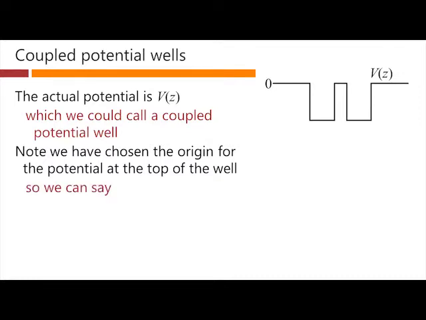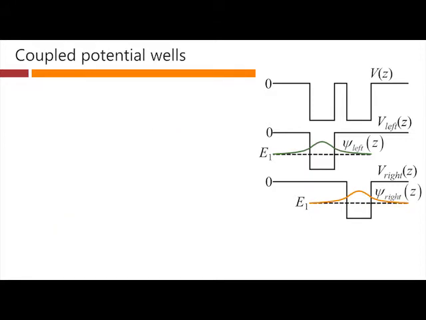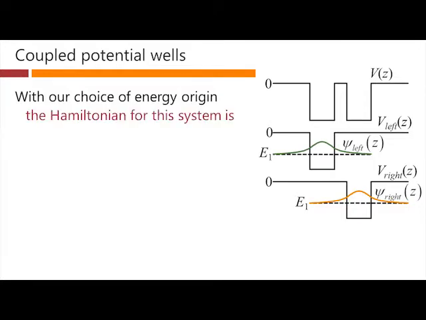So now, because of that, we can say that this potential V of Z is actually simply the sum of V left of Z and V right of Z. So just adding together this potential and this potential gives us this one. So that's just an algebraic convenience. It wouldn't matter what we chose here, but you can see obviously this makes our algebra a little simpler. So with this choice of energy origin, the Hamiltonian for the system simply becomes our usual kinetic energy term, and the sum of these two potentials, V left